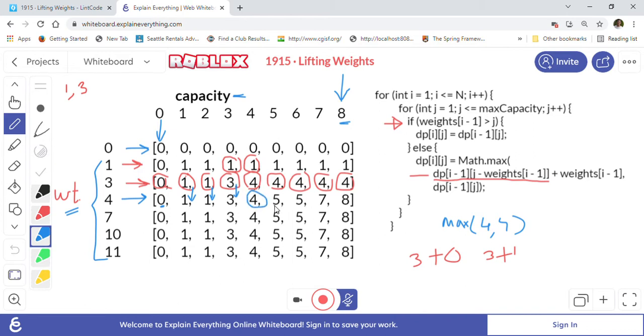Now when we are at this point here, again we have a choice of maximum of 4 comma we will choose now, right? So choice is this weight 4 plus 5 minus 4 means 1, means this one basically, 4 plus 1, right? This one means 5. So maximum of 4 comma 5 is 5, so we are taking 5 here, right? Here also 4 plus this one, so 4 plus 1 is 5, so we are taking 5. Now when you reach here, you can see that is 4 plus this 3, which is equal to 7, so we are taking 7 here.